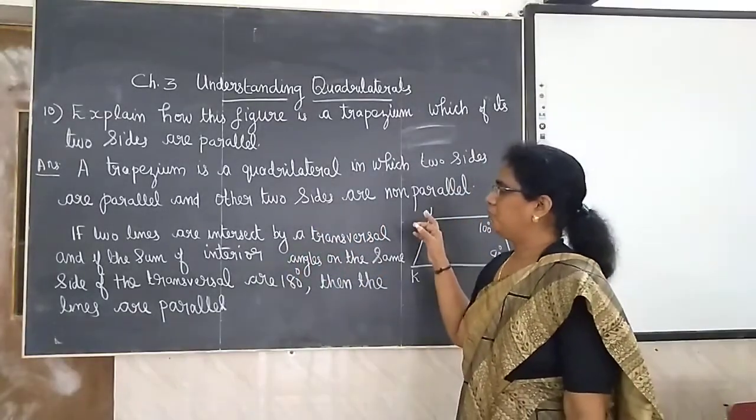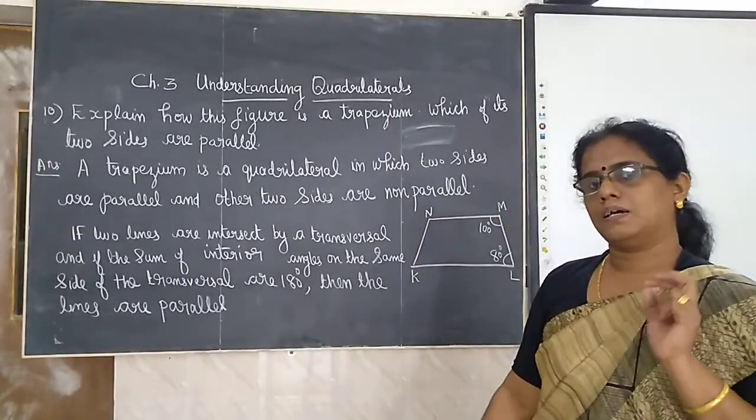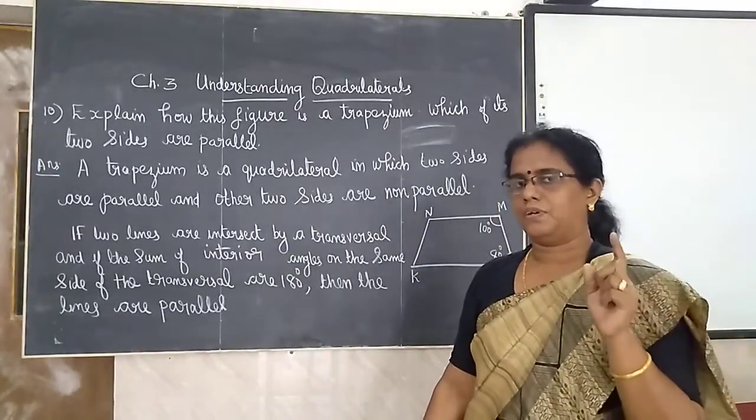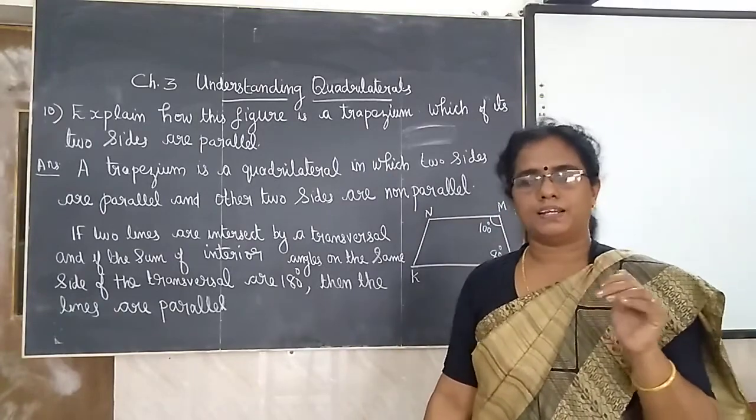So what we have to do is, if you can prove that two sides are parallel, one pair of sides are parallel,